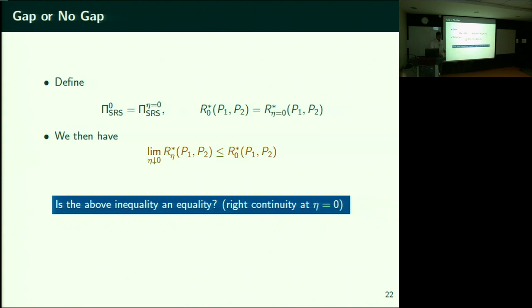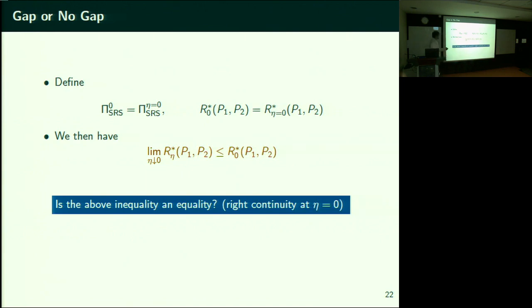Look at it this way: for every eta, R eta star is achievable through a sequence of policies. You can come arbitrarily close to R eta star. Now R eta star itself is moving to the right, it's increasing. There is a potential R0 star, and your policies are converging to R eta star arbitrarily closely, but does R eta star make a jump, or is there a smooth transition? Another way to see this: R eta star always involves an ergodic policy. But say the best policy is a non-ergodic policy. Then there might be a jump, so you might not be able to prove it. Sometimes you can, but sometimes you cannot.